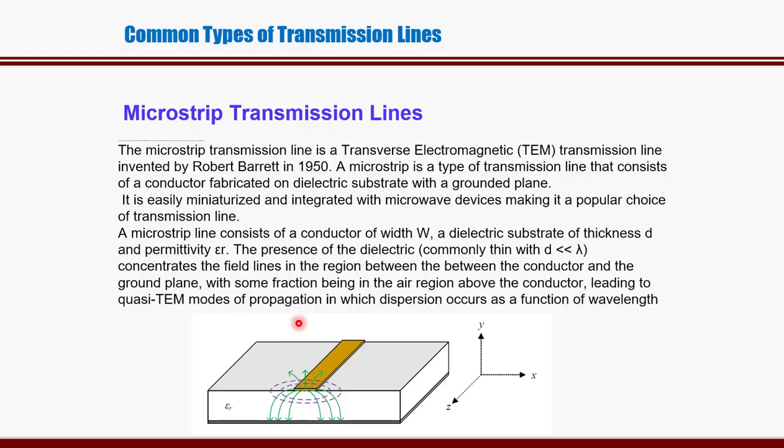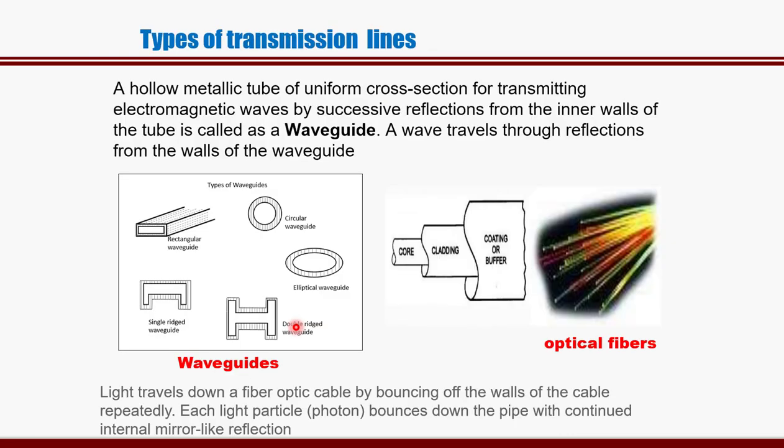Generally used in microwave communications. And the next type of transmission line is the waveguide. What is a waveguide? These are rectangular structures with uniform cross-sectional areas, and they transmit electromagnetic waves by successive reflections from inner walls. So the electromagnetic wave is sent inside this rectangular structure, and it is guided by this structure